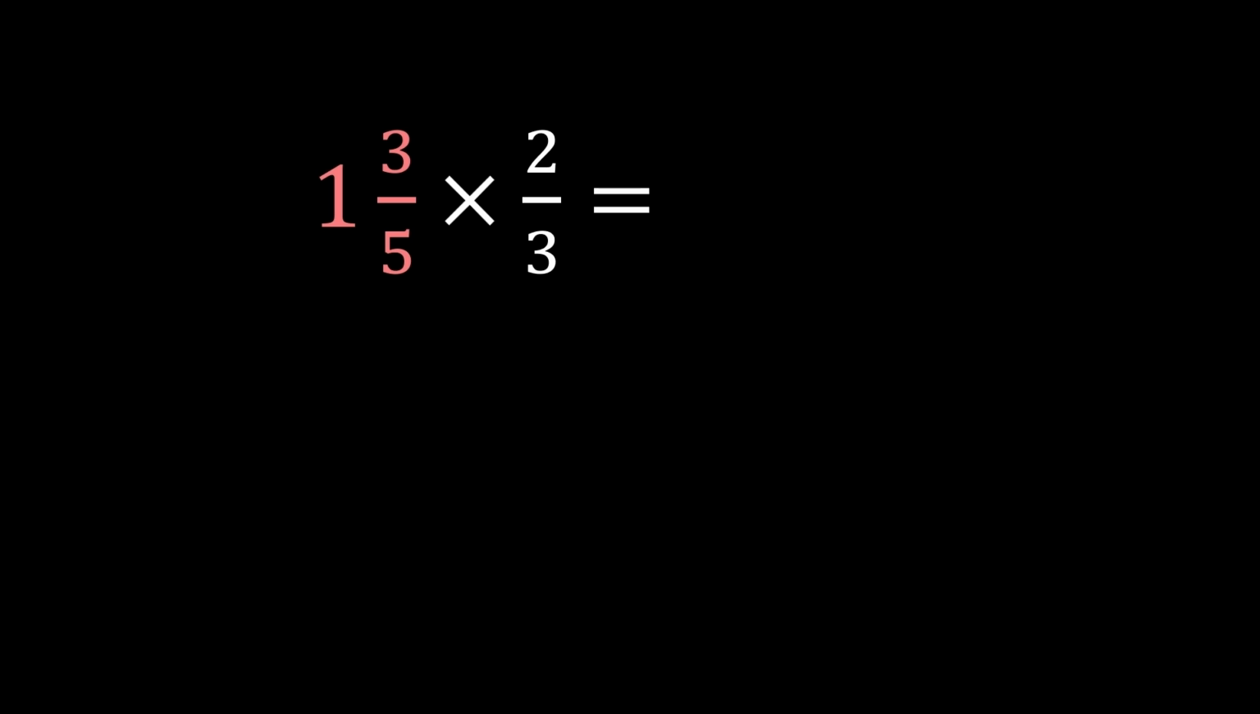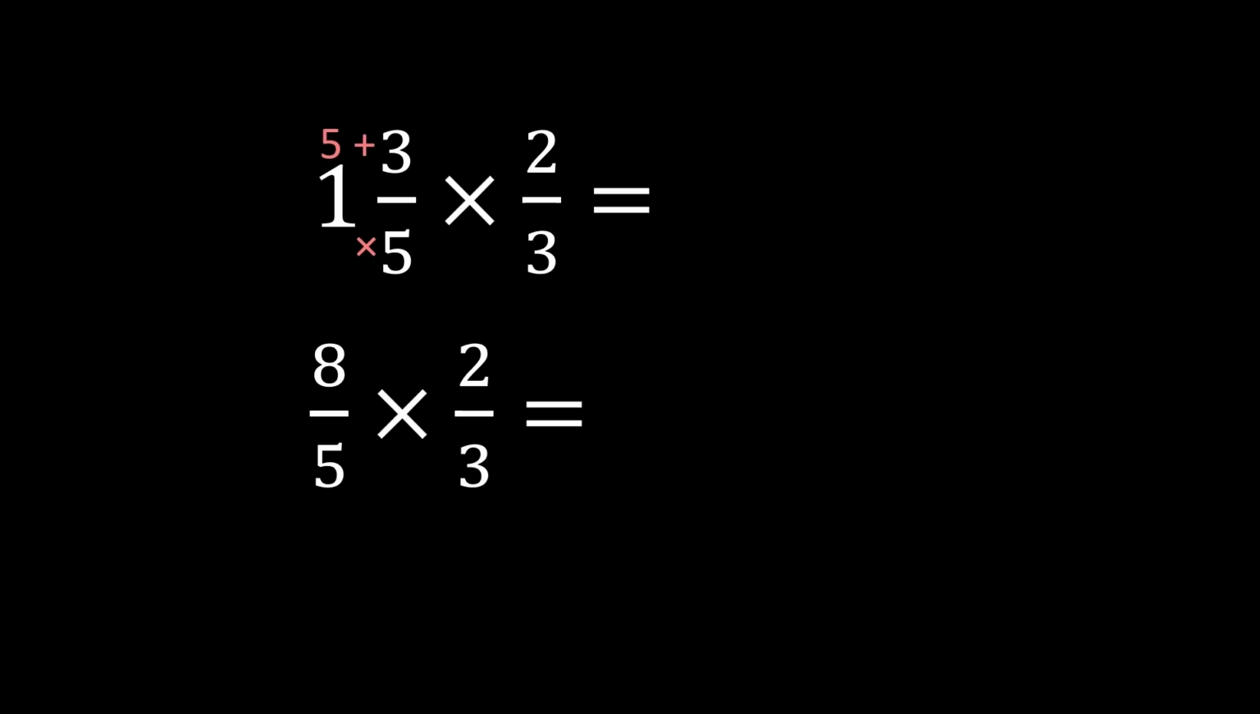And we'll turn 1 and 3/5 into an improper fraction by multiplying the denominator times the whole number. 5 times 1 is 5, and we take the product and we add it to the numerator. 5 plus 3 is 8. 8 is our numerator, and the denominator of 5 remains the same. So we have 8/5